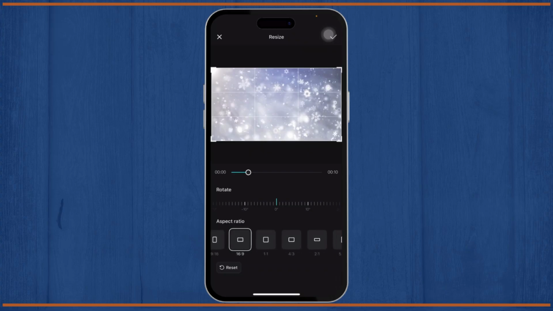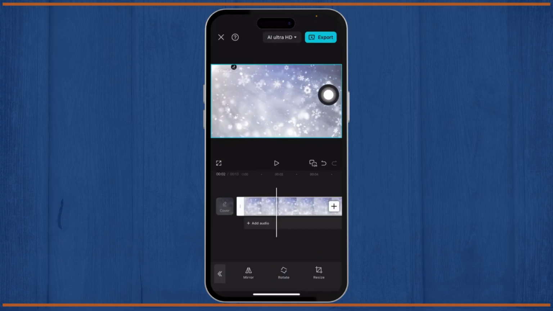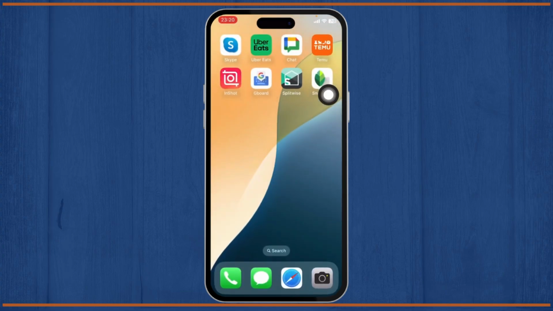Now, there are other ratios depending on your phone screen or your screen size. You can choose the ratio and then simply select that. And that's basically how you make a full screen